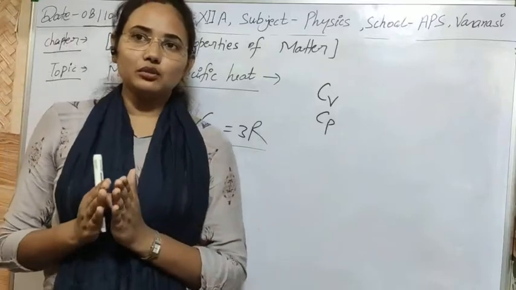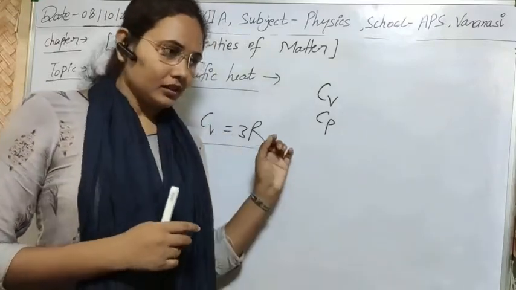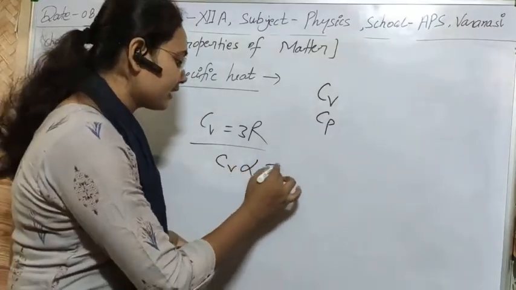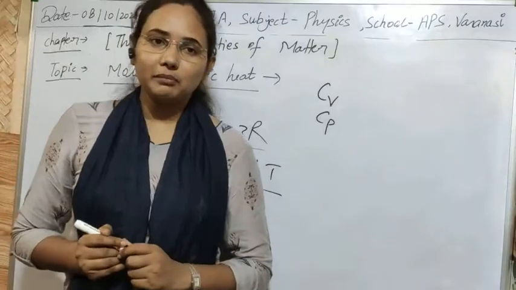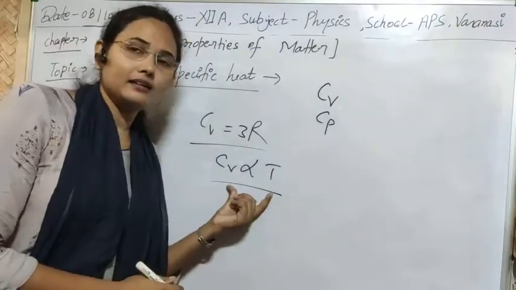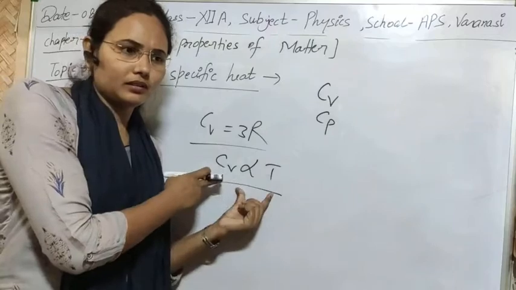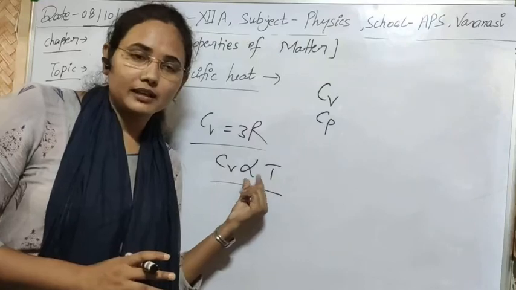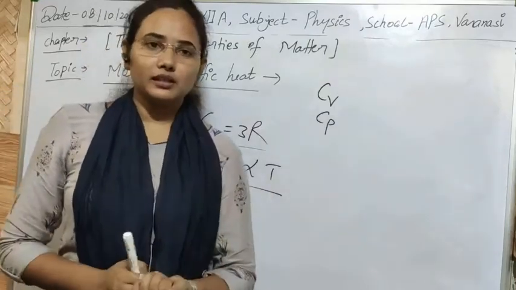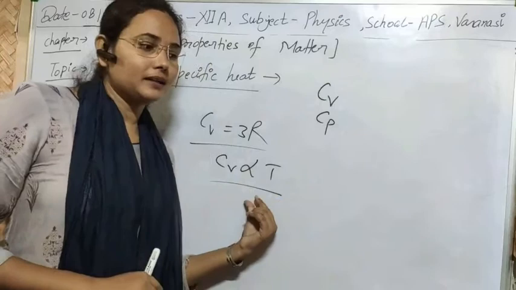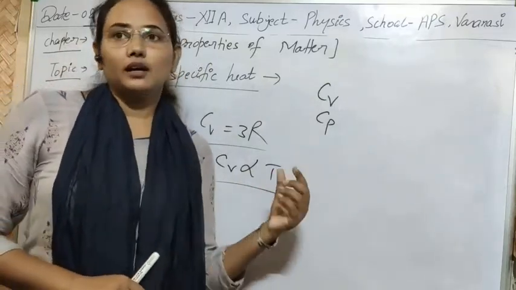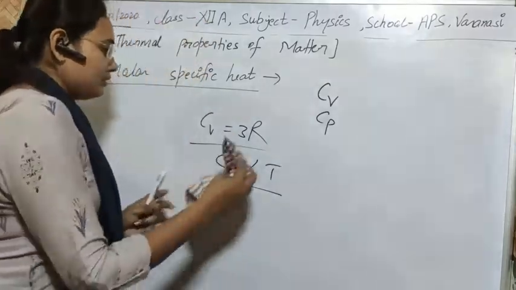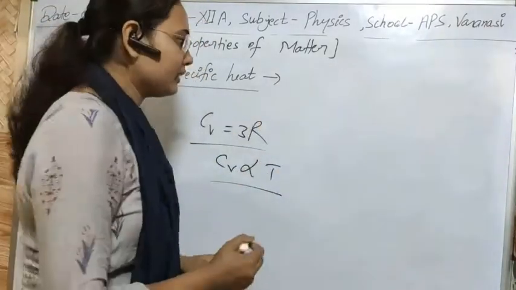So Einstein tried to correct it. Einstein also gave a formula for specific heat, in which Cv is directly proportional to T. According to his formula, there is a linear change in specific heat with temperature. That means if the temperature increases, specific heat will also increase. But this formula is also not observed in experiments. Firstly, let's see a curve. After that, I will tell you what will happen.